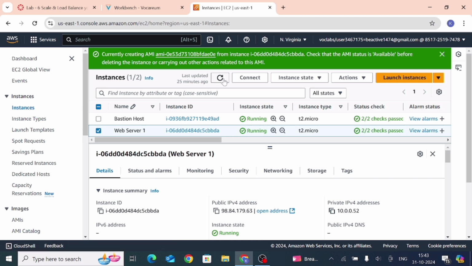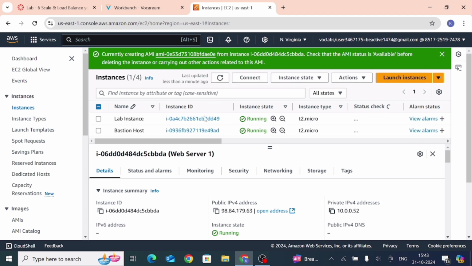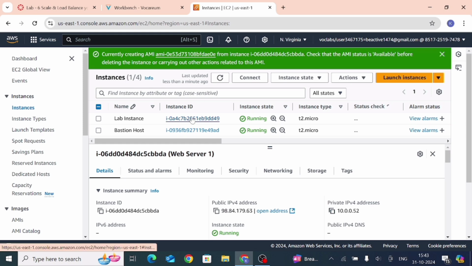So refresh the page. So here we see lab instance. One more time, please refresh the page. So here we see the lab instance.